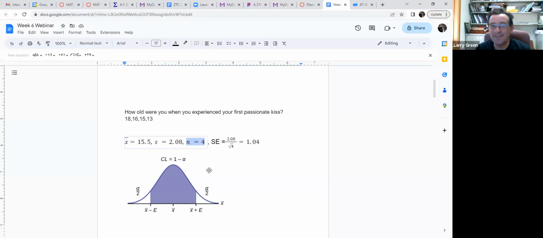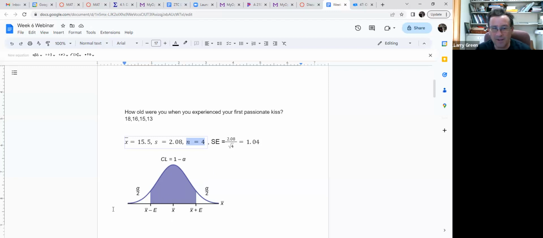If I don't see it, it's because our sample size is 4. Remember that if you have a sample size over 30, that was the central limit theorem, then you know you have a normal distribution. You don't have to assume it for the sampling distribution. But our sample size is too small, it's just 4. If it had been, say, 34, then I wouldn't have to assume we have a normal distribution because I would know we have one. Any questions on that idea so far? Okay, but I'm going to assume we have a normal distribution.